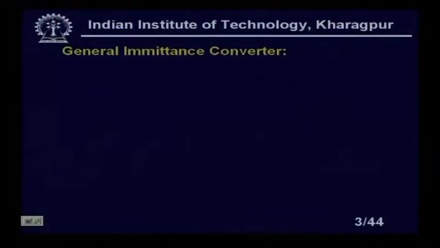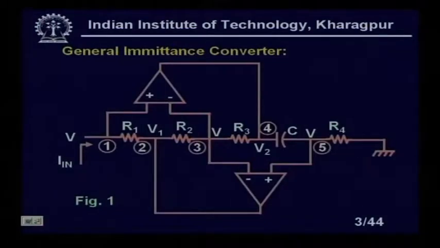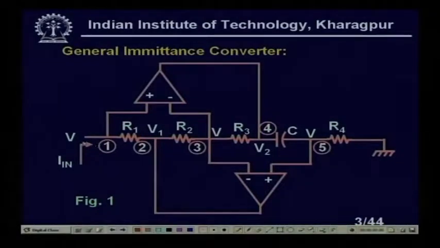You see the general impedance converter, the circuit looks like this. Suppose I am interested in measuring the input impedance of the circuit from this point. So, I assume that this voltage is V, and obviously we can see here